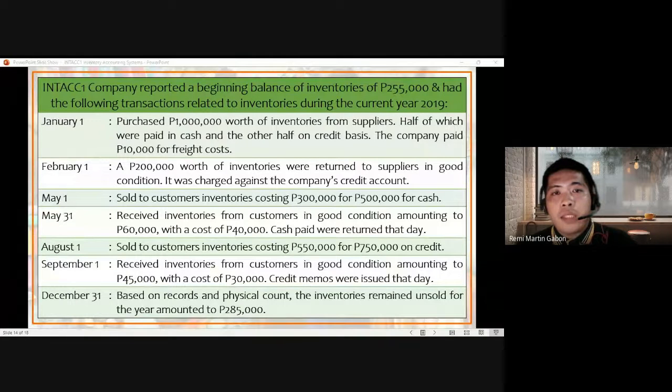Because credit account is referring to yung credit basis kanina. Half which is paid, purchased through credit basis. So it is credited earlier to accounts payable. So therefore, for February 1, the 200,000 will be decreased. Will be a decrease against the accounts payable. So to journalize February 1,